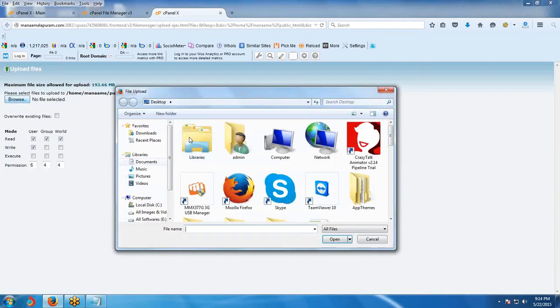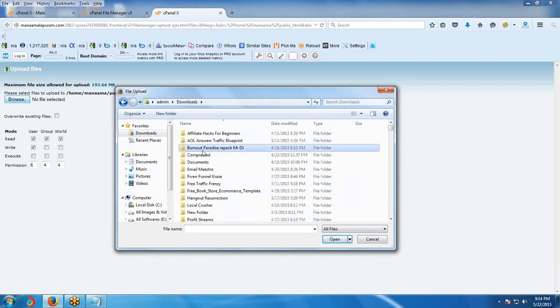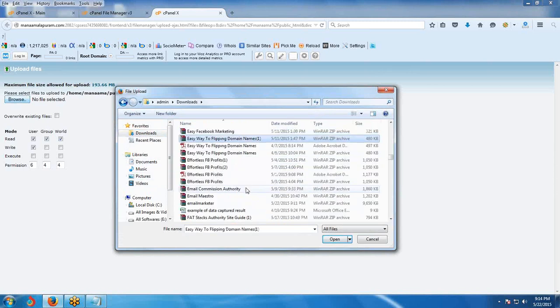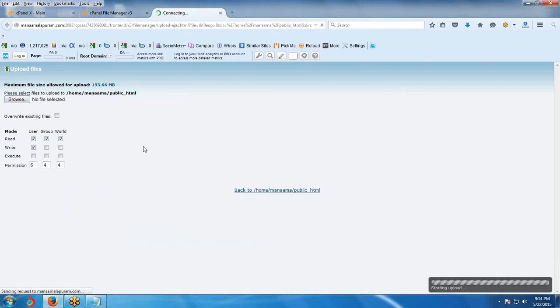browse the file. So in the downloads, the software is available. Which file are you uploading, sir? I just now sent you the software by mail. Okay, it's downloaded now.